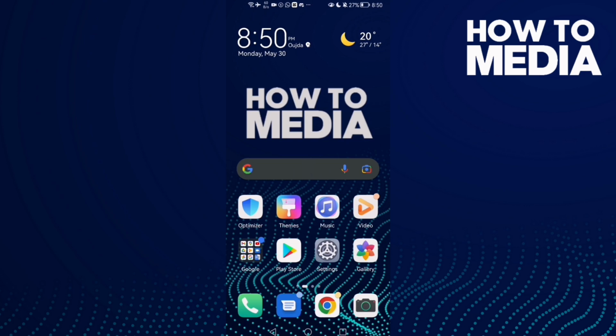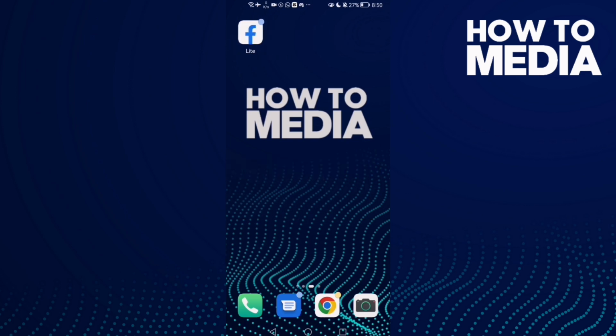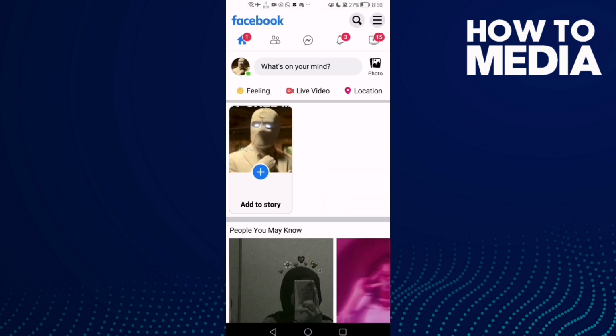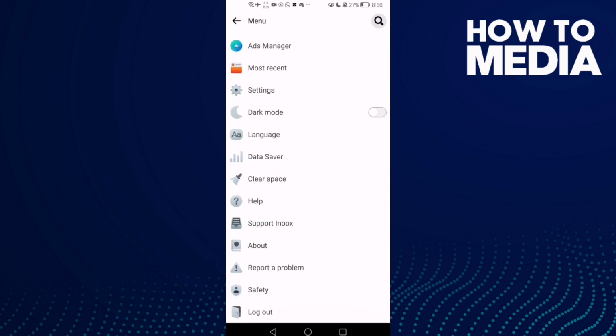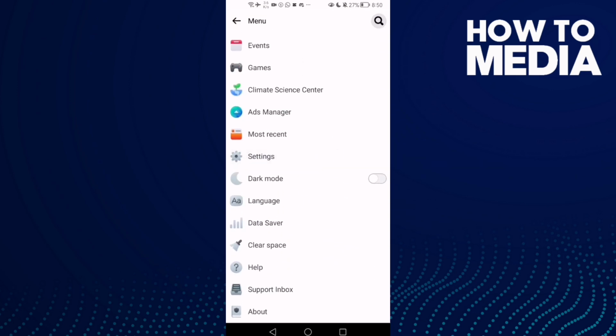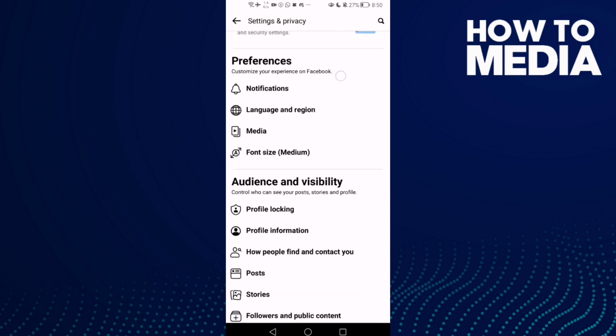Hello guys, in today's video I'm gonna show you how to find your languages settings on Facebook Lite. First thing, go to Facebook Lite and then click these three lines in the top corner and go down until you find settings, and here go